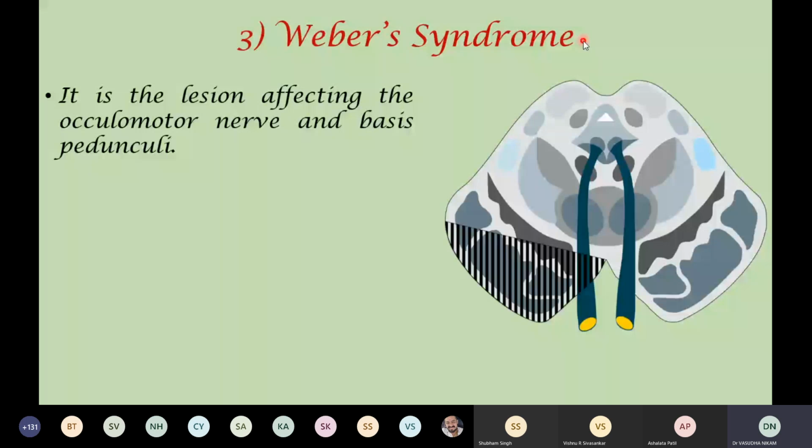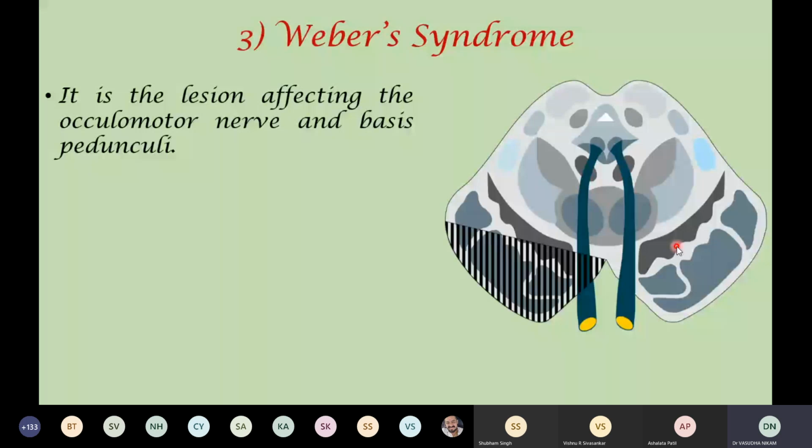If you try to see this area, this is the midbrain here. Anterior part of the midbrain is called crus cerebri. Next to that, the dark zone is called substantia nigra. This area is called tegmentum and the dark zone is called red nucleus. This is periaqueductal gray matter and these are the two superior colliculi and these are the pretectal nuclei. Now if you observe, these are the two oculomotor nuclei and the oculomotor nerve is running through the tegmentum. It is running through our crus cerebri. And the crus cerebri always carries corticospinal tracts as well as corticopontine fibers.